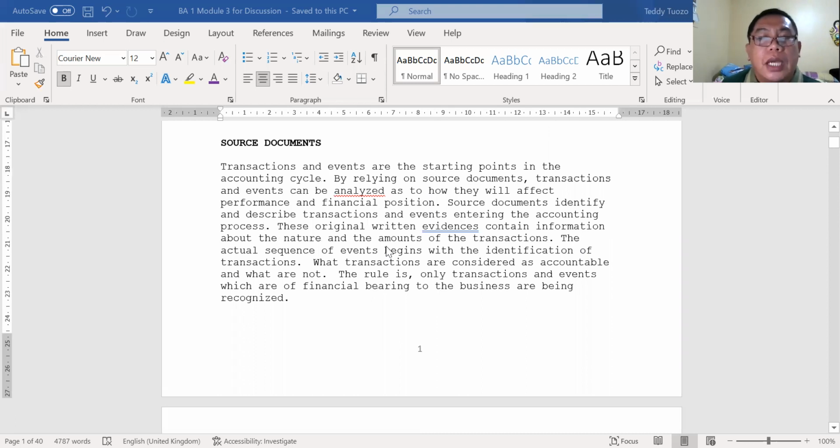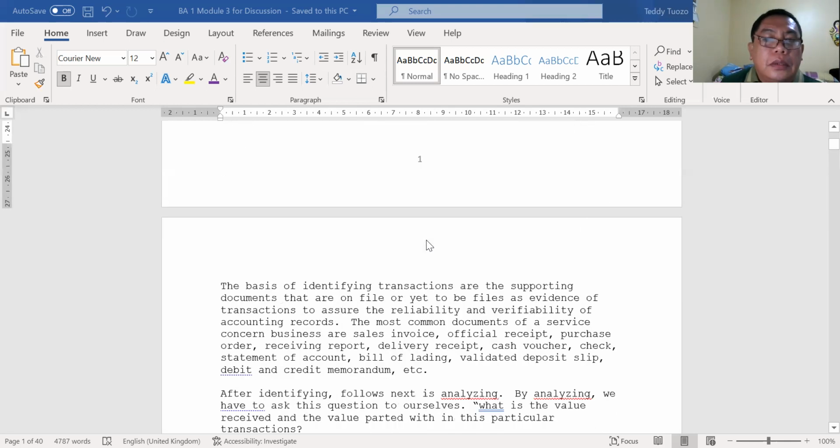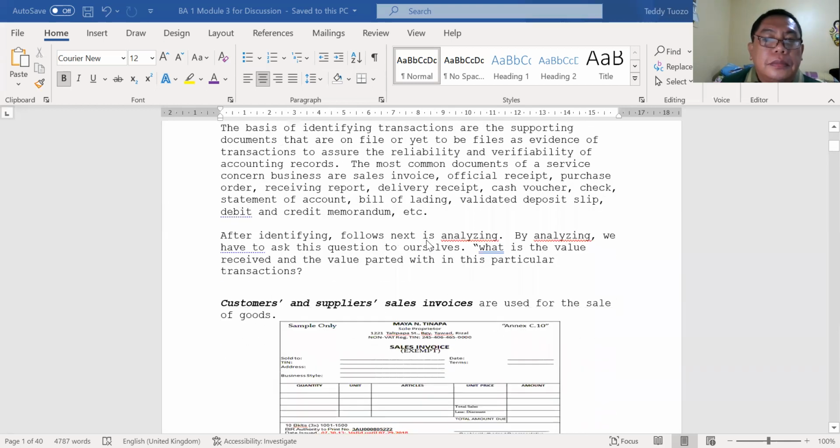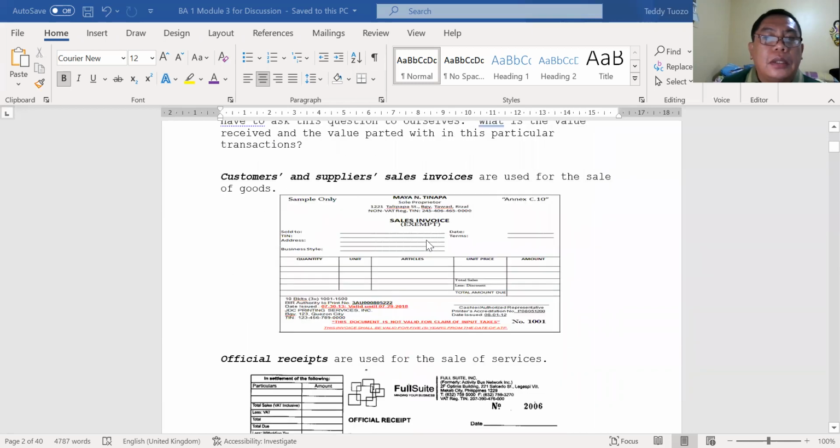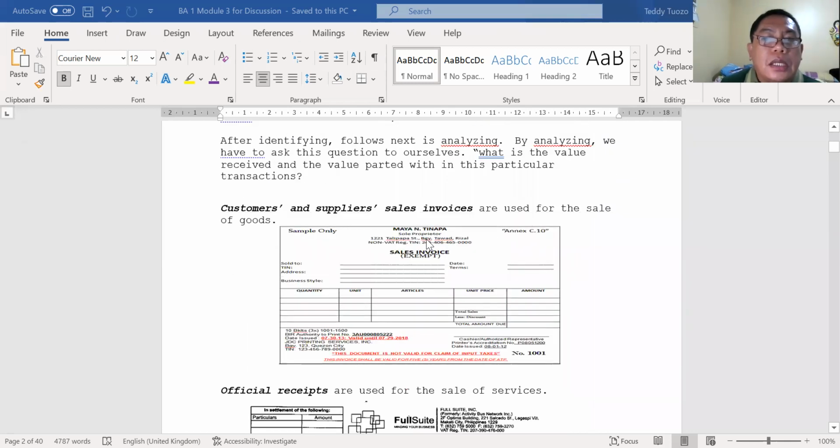The source documents are actually the supporting documents for you to record every transaction in the general journal. So these are examples: customer supplier sales invoices,